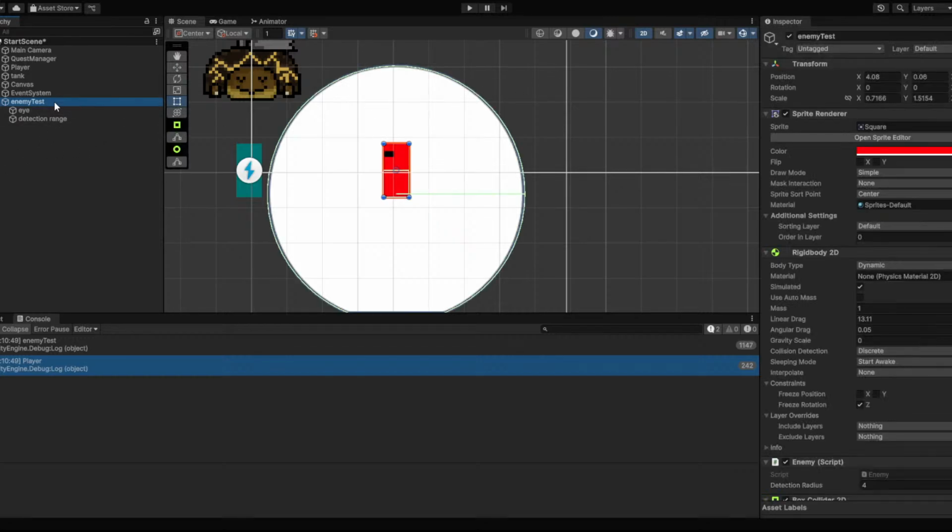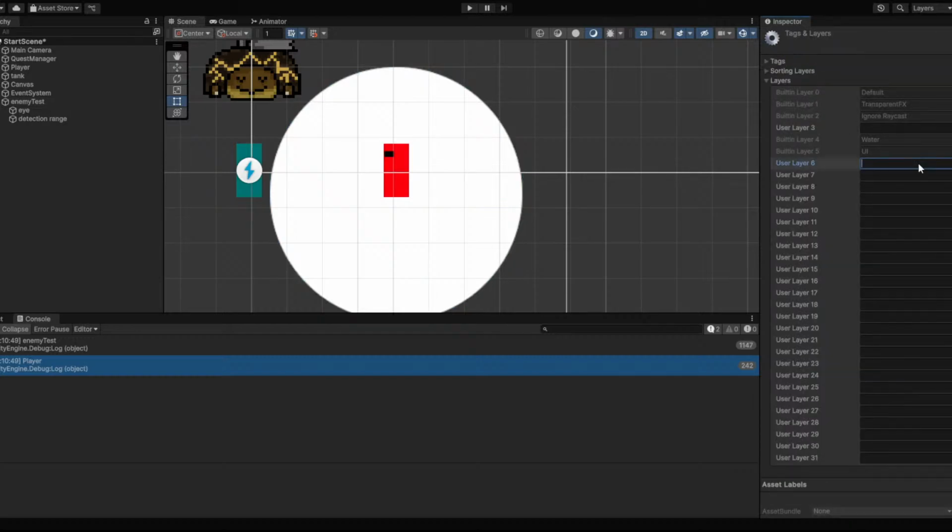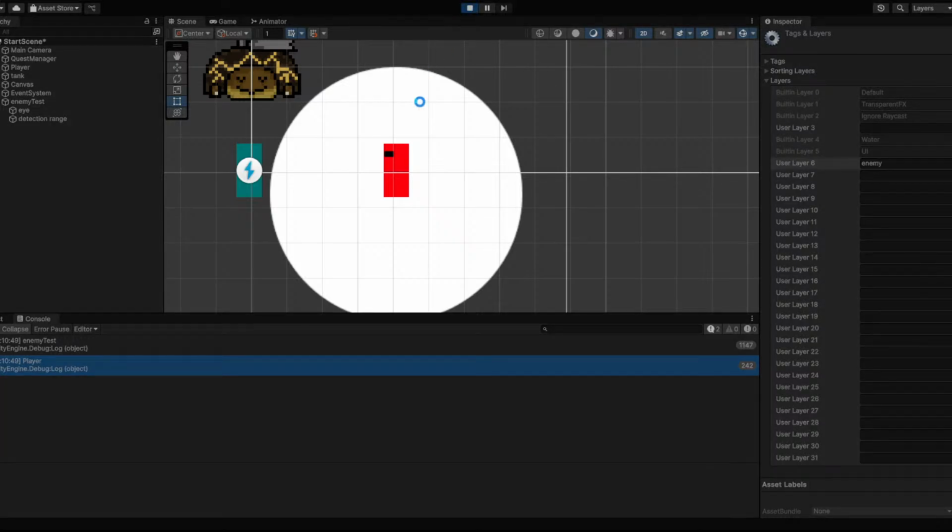Okay, what we're gonna need is enemies to be set to a different layer. At layer, we're gonna make an enemy layer. And then we're gonna tell the game essentially that enemies and enemies cannot collide with one another. That's what we're doing here. Enemy cannot collide with each other. And when we do that, they should no longer